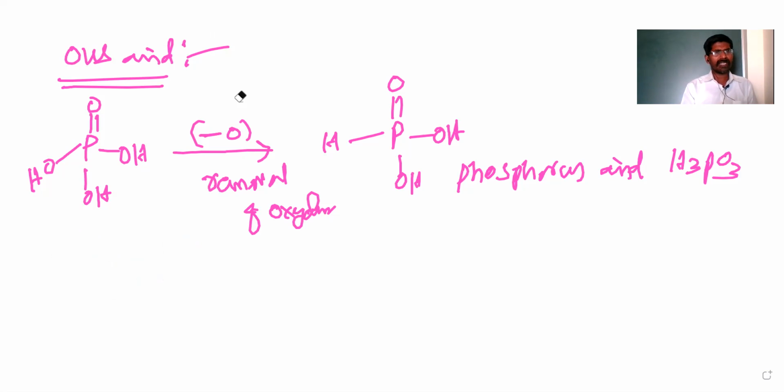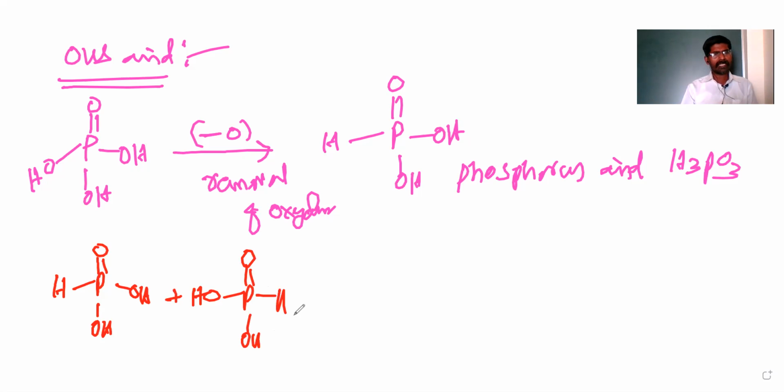I want to take the same kind of molecules, two moles of this compound. Here is hydrogen and P double bond O, and an OH group, and OH group again. Now this one has OH group and phosphorus, and here OH group and hydrogen. From this, removal of a water molecule. Is it clear now? This is the loss of water on heating.